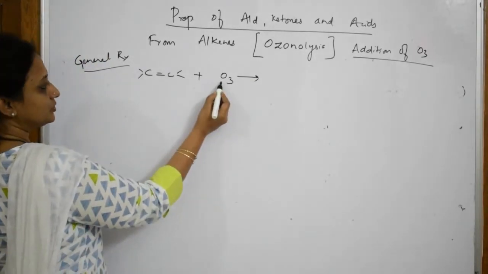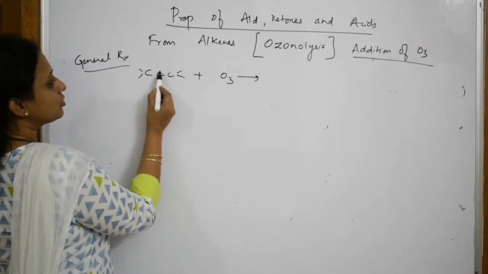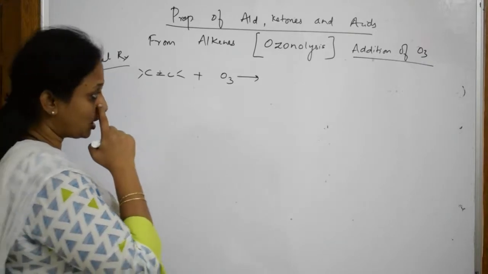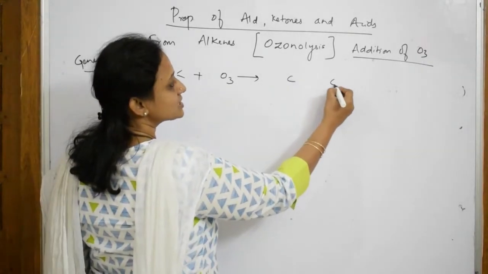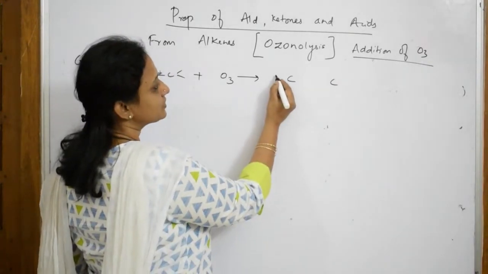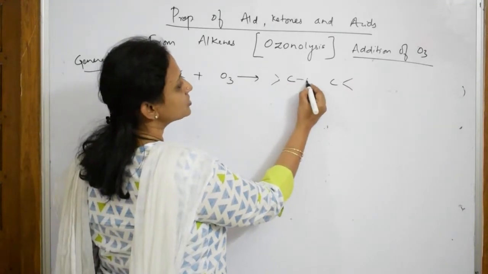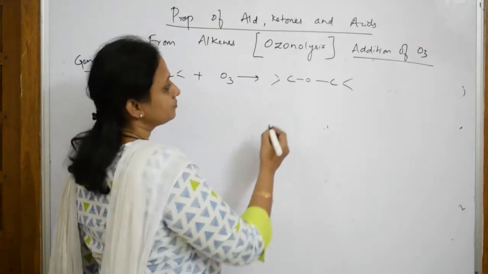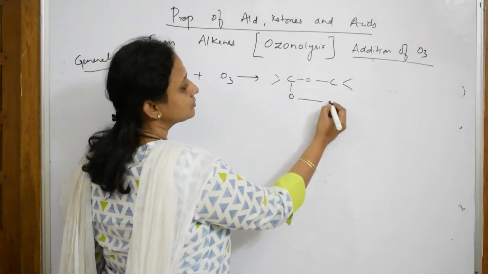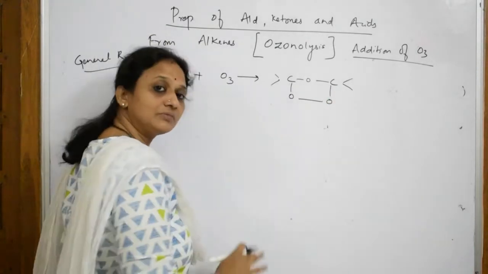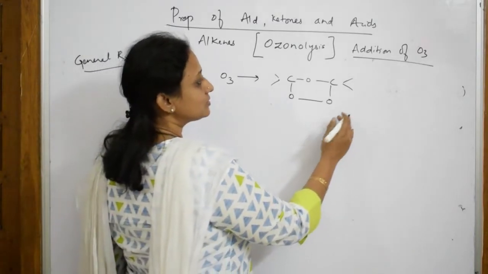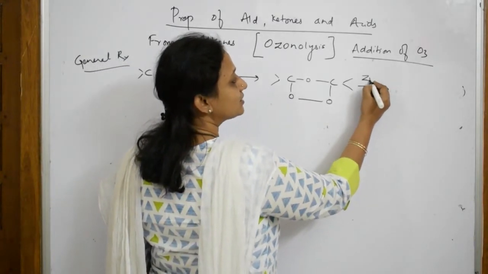Just observe. You have 3 oxygens. The pi bond is going to break, and you write C–C like this. Now observe carefully. There are 3 oxygens. 1 oxygen, try to add it in the center, 1 more here and 1 more here. 1, 2, 3. Done. Now, to this particular thing, if I'm going to introduce zinc, what is the role of